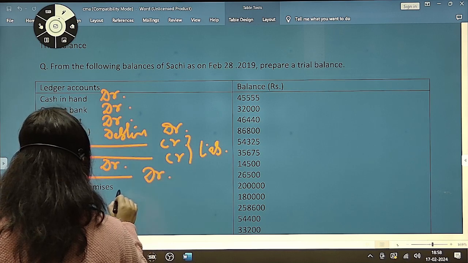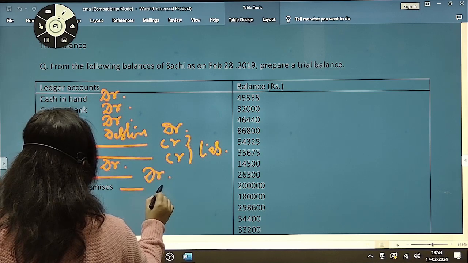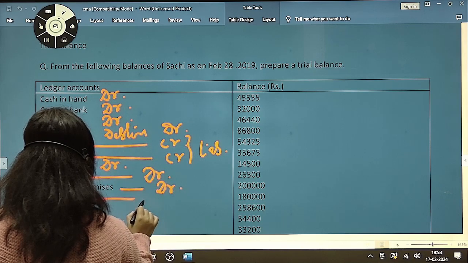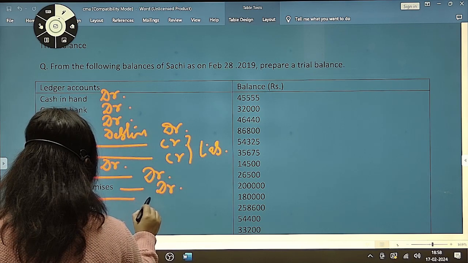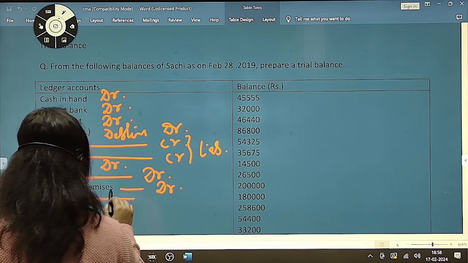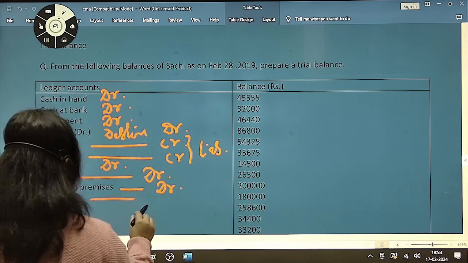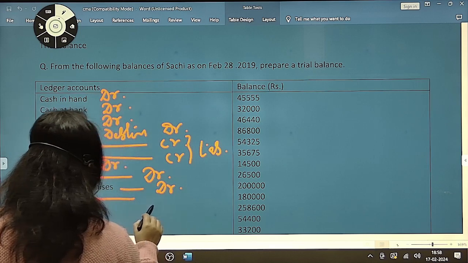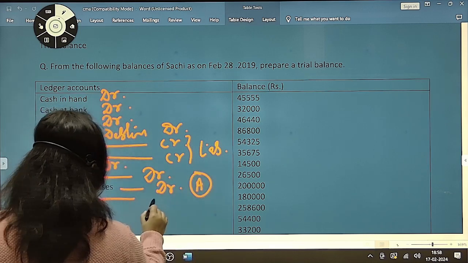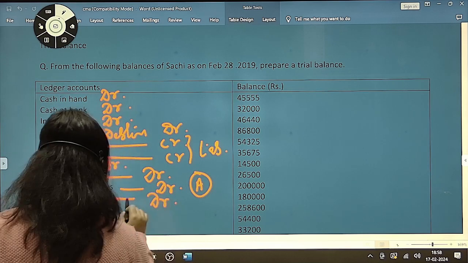Freehold premises, leasehold premises. Ma'am, credit. Yes. Purchases. Ma'am, can you explain the freehold premises? This is like premises taken on lease. Ma'am, it is an asset. Yes, it is an asset. Then purchases, debit. Yes, sales,